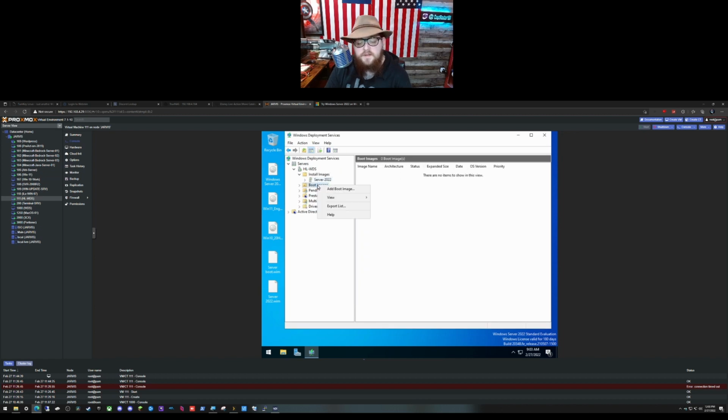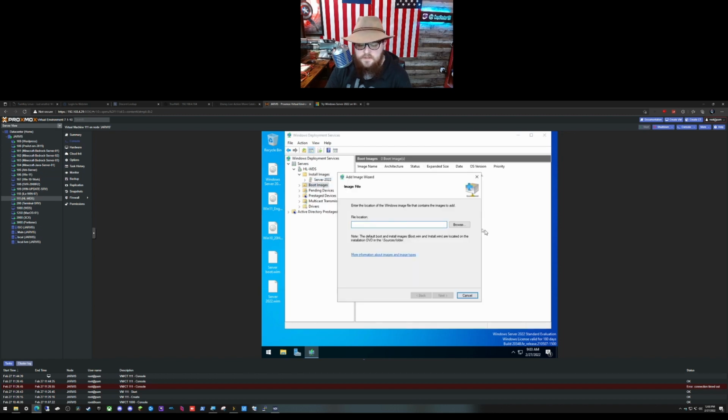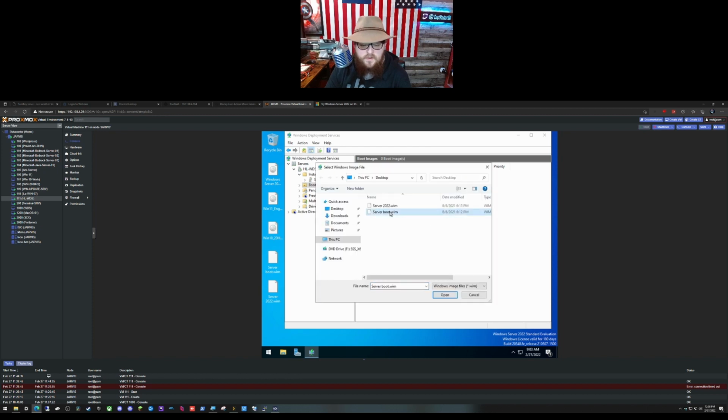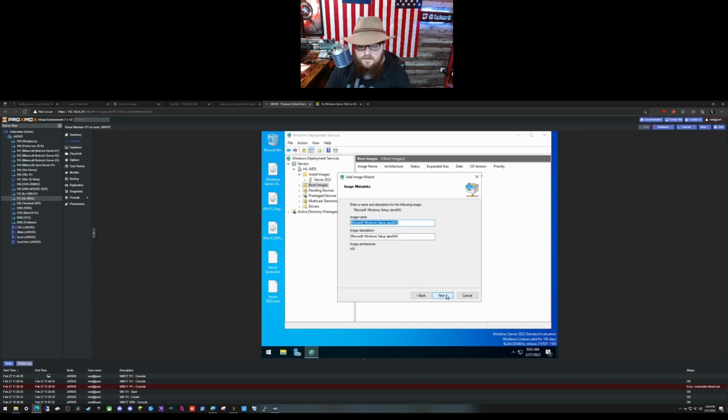What you're then going to do is go into boot image, add a boot image, add it from the desktop. Image name, image description, yep. And then you're going to do the same exact thing for Windows 10 or Windows 11, depending on which one you want to do. And after that, to show you that it works, let's create another VM in Proxmox